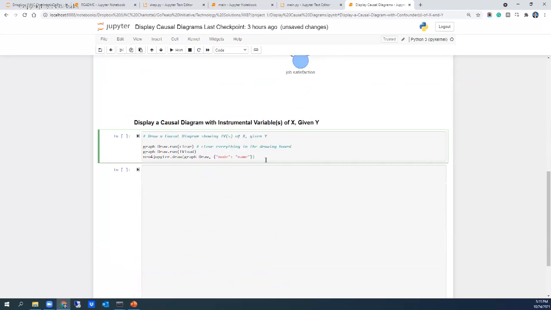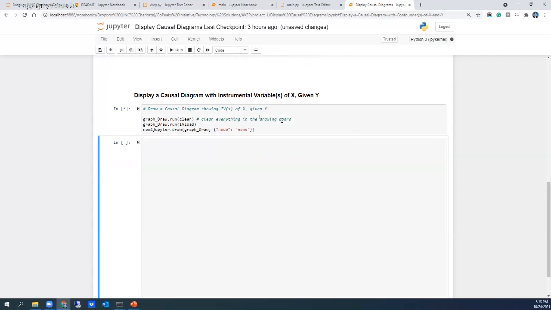Second, let's visualize the causal diagram of the instrumental variables of X given Y. This will take a bit longer because there are a lot more variables.